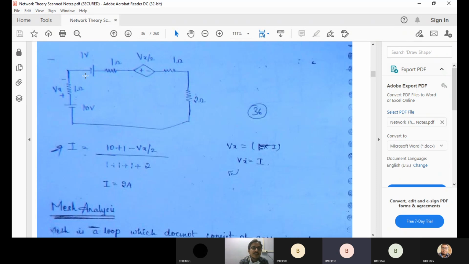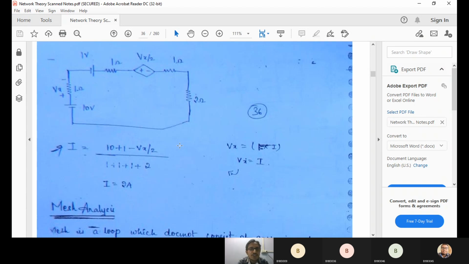Yes, sir. In that case, negative to positive, negative to positive. One convention you can follow. You can give negative or positive, that doesn't matter, that is your convention. You can give either positive or negative, but for both you have to give the same sign. So here he is giving plus. You can give minus; in that case, this should be positive. If this is negative, this is positive. This is opposite in polarity. You just understand: negative to positive, negative to positive. Here positive to negative. So that is the reason why he is considering plus 10 plus 1, and it is opposite in nature, so he is giving minus Vx by 2.